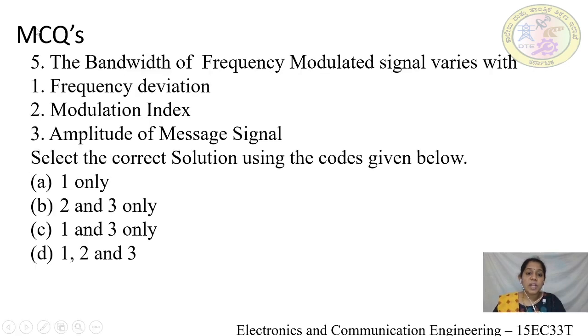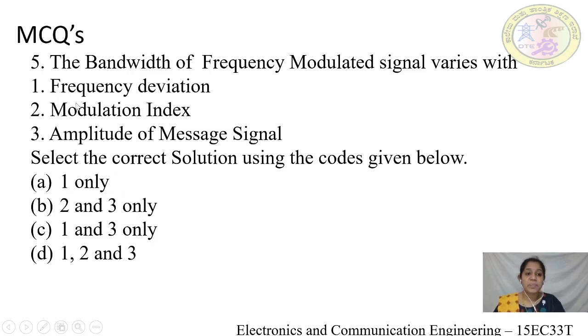Fifth one, the bandwidth of frequency modulated signal varies with frequency deviation, modulation index, amplitude of the message signal. Select the correct solution using the codes given below. Option A 1 only, option B 2 and 3 only, option C 1 and 3 only, option D 1, 2